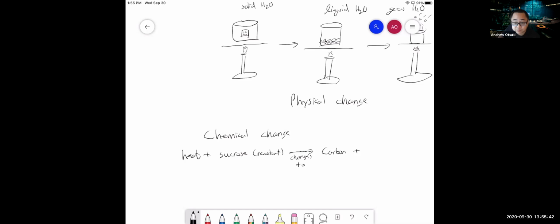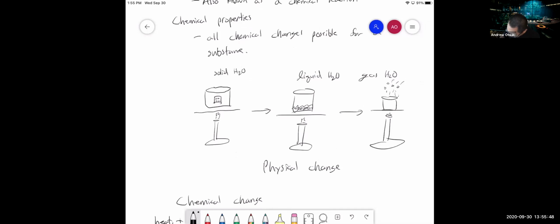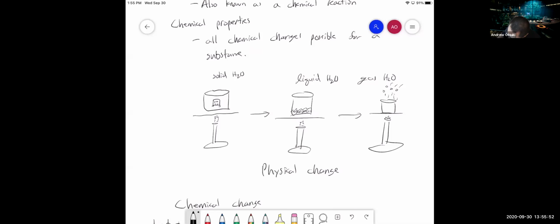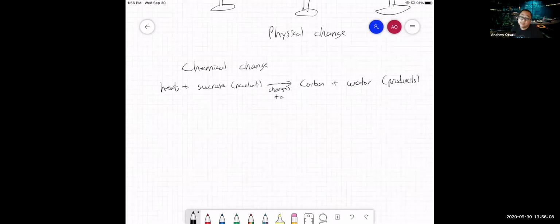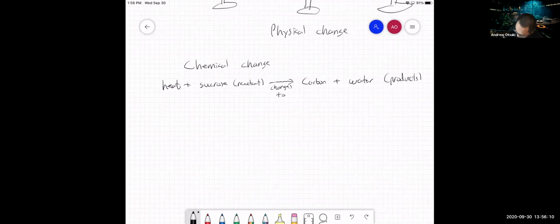plus water, and these are my products. So this signifies a chemical change because I have sucrose on one side, but now I'm converting it to carbon and water. And there's a picture of this in the slides, but basically what it shows is that